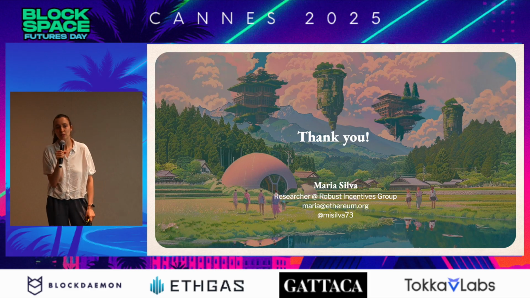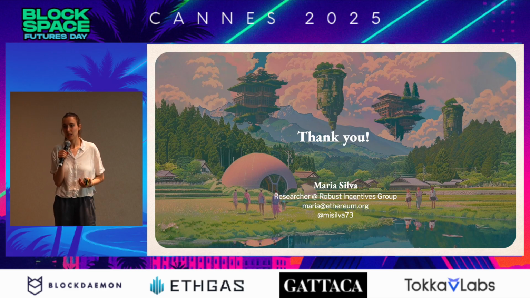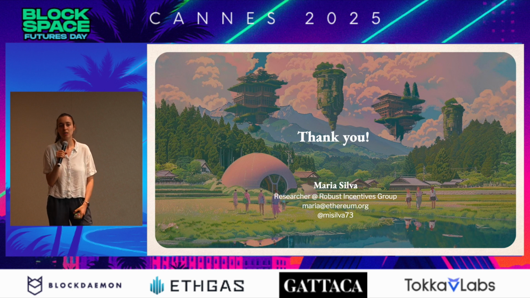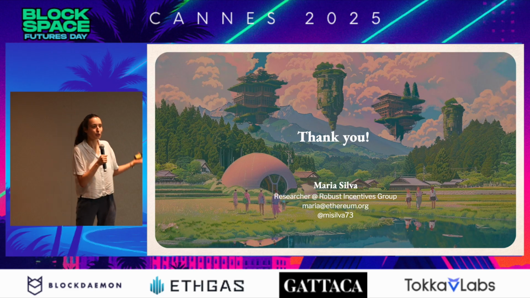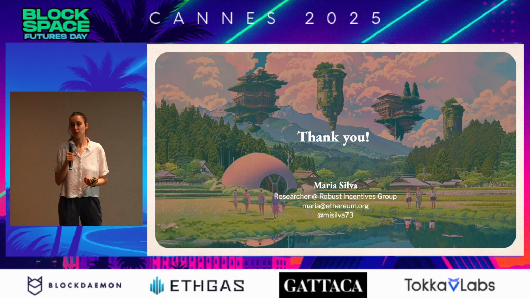So there are a few ideas of how to do multidimensional pricing. The simpler one is just to have a base fee type mechanism that is independent on each dimension. But I think the concern there is that it's now harder for the user, because you have to define your fee at each dimension. You could say wallets can abstract that away for you, but this doesn't solve the problem that the protocol itself is now more complex for users, and there's a trade-off there, right?